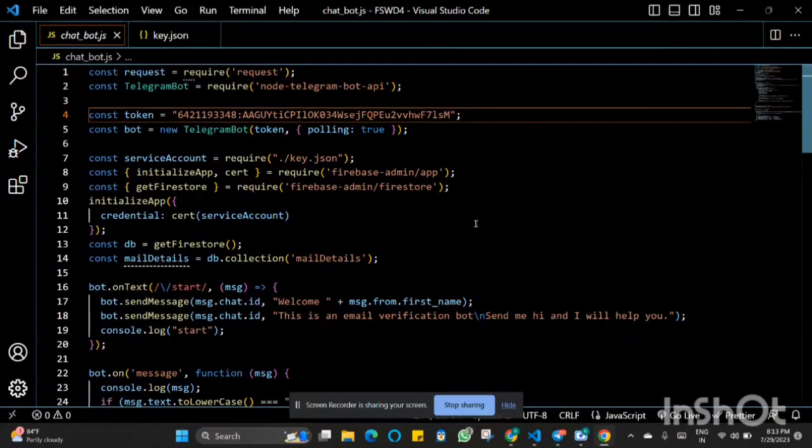Today we are going to see how to create a Telegram chatbot using an API and Google Firebase. Google Firebase is a database which is used to store